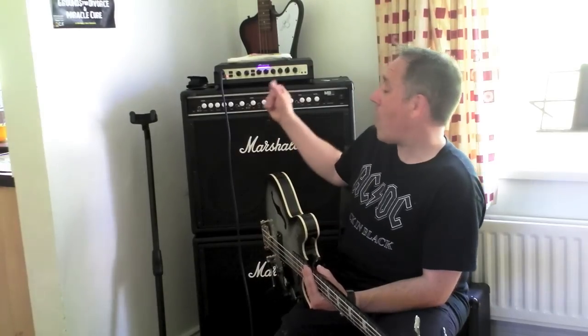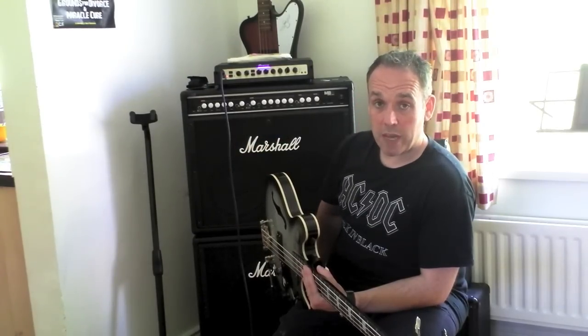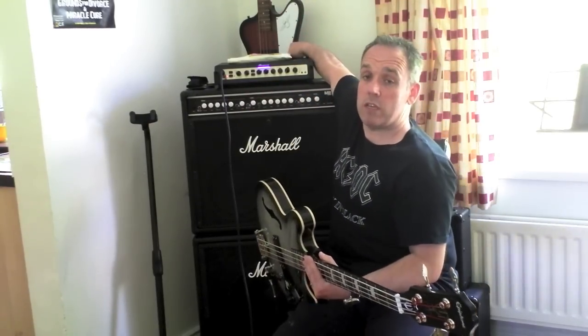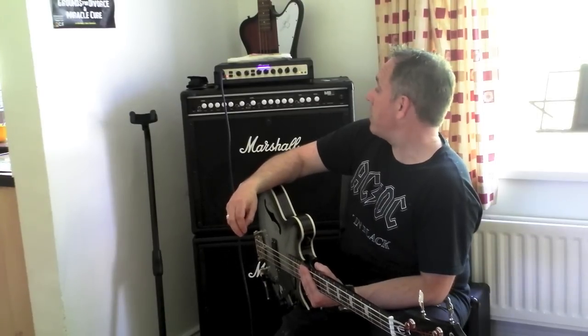So if I whack this thing up full, I'm going to damage the speaker, so I don't do that. But it is a 4-ohm, it's giving a 4-ohm load to the amp, so I'm getting the full 500 watts out of it. I'm actually going to, I've just remembered something else, I'm going to turn it off, and I'm going to turn it back on again, and the reason I'm doing that is so you can see the sort